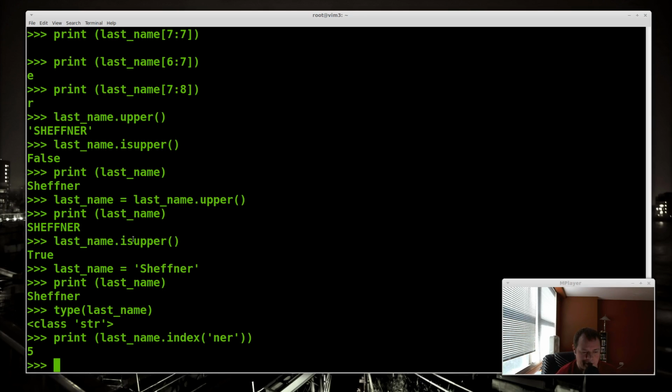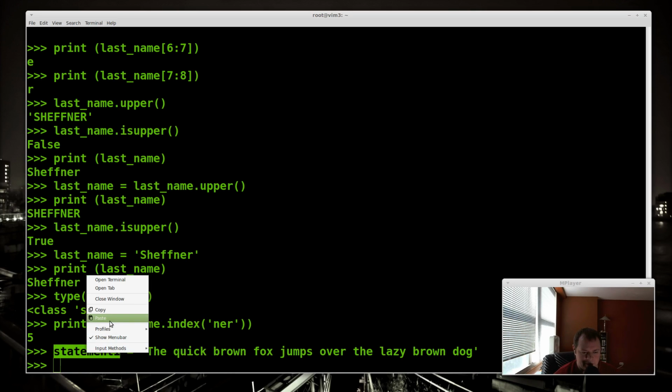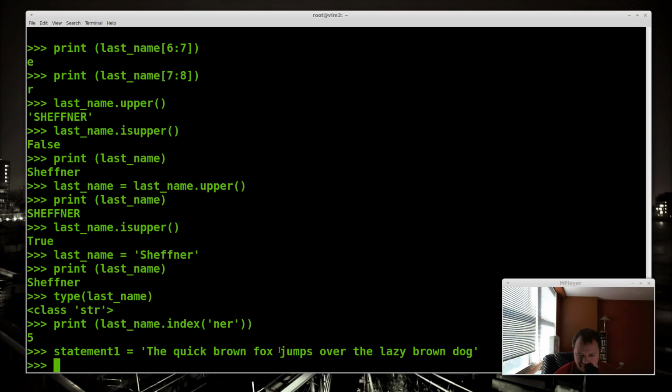Say we have a sentence or a statement. So I'm going to replace statement 1 with the quick brown fox jumps over the lazy brown dog. I don't think it had brown in there twice, but whatever. So we have this statement now. Say we want fox to dog. And we want to find that out programmatically instead of like, well, this is slot 0, 1, 2. We don't want to count all this all the time. We can actually do this programmatically. So we want print statement 1 dot index. And we want to find where fox is. And then we want a semicolon. And then we want to do the length